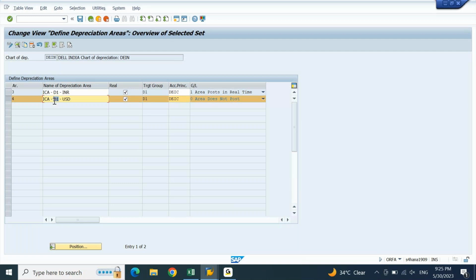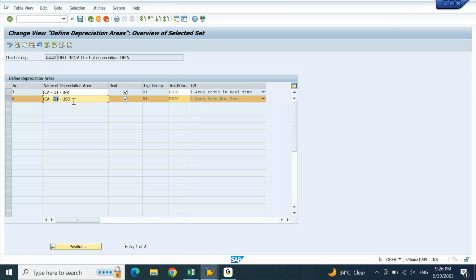Non-leading ledger group currency will be converted from non-leading local or leading local. It should be converted from non-leading local.